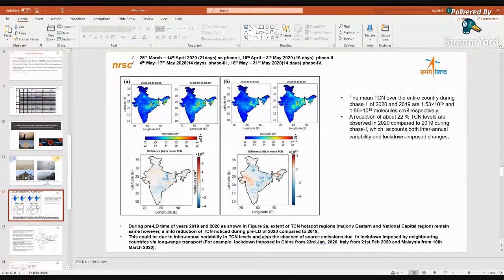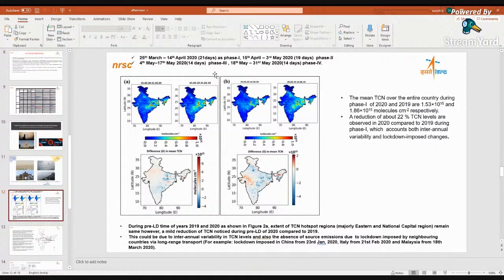So, as part of this lockdown process, we have taken the satellite data, that is the TROPOMI, the tropospheric monitoring instrument, as I showed earlier in my slides, from the European Space Agency. And we have seen the concentrations during the pre-lockdown period. As I've told here, the Government of India announced a lockdown to prevent the spread of COVID-19